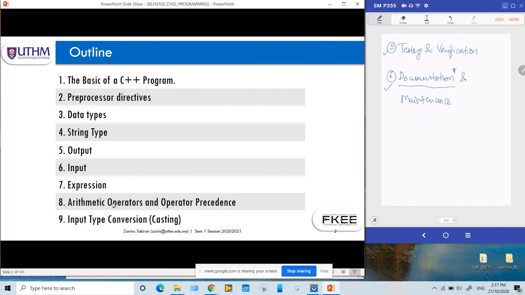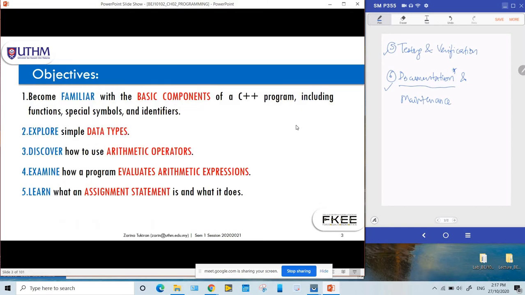Then you will use operators and operator precedence. Operators, there are 3 operators: arithmetic operators, relational operators, and one more, equality operators. Okay. Lastly will be the input type conversion. This is for formatting for the input, right? Okay. So hopefully